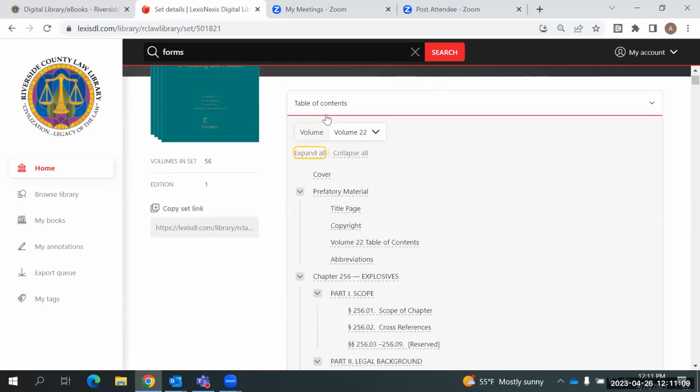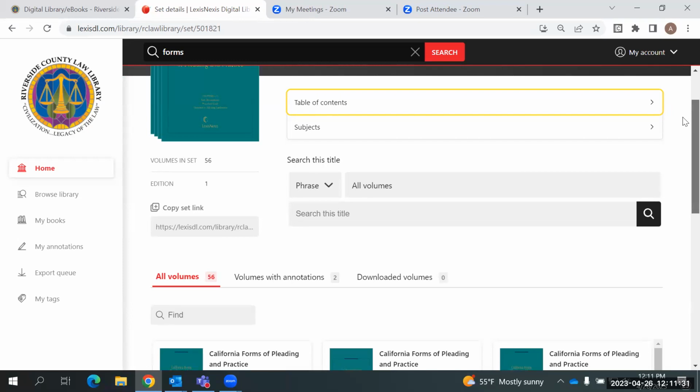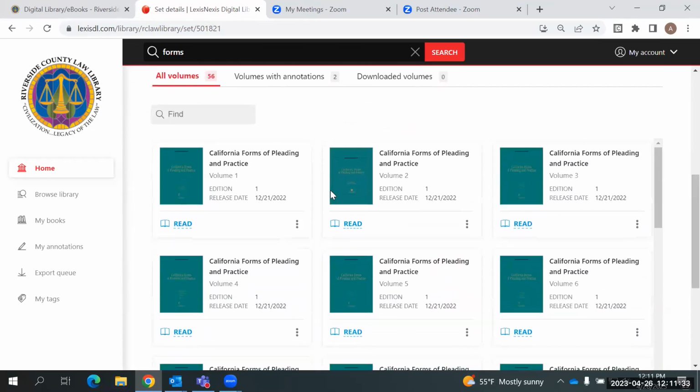You'll also have the ability to search through the entire set. So you'll see a search list title option on the set page. That would allow you to search for a keyword or a phrase through all volumes within a set. It'll always be available here on a specific set link, but it's also always available on an individual volume. So if I select one of these individual volumes down below,